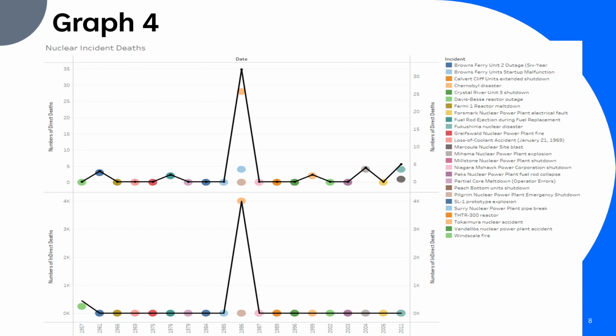Looking at the bottom graph, it shows a lot more of why we have such fear about nuclear energy, and why, as we're realizing that it's safer and safer, and that we won't have another Chernobyl incident, which is this massive spike right here, which caused 4,000 indirect deaths due to radiation. The other one over here is a fire, so the fire caused some indirect deaths. And you'll see that after this incident, we have not had nearly as many lethalities due to nuclear power as we have oil and gas, which explains why the approval for nuclear energy is slowly rising.